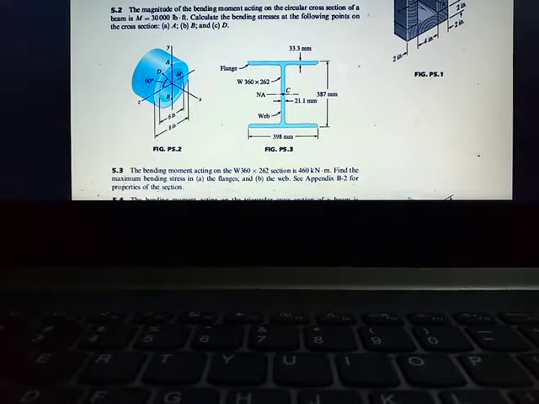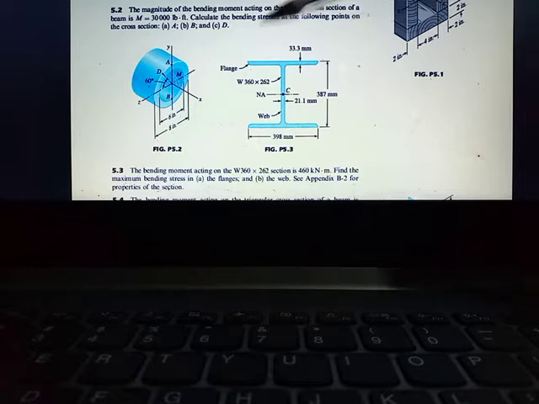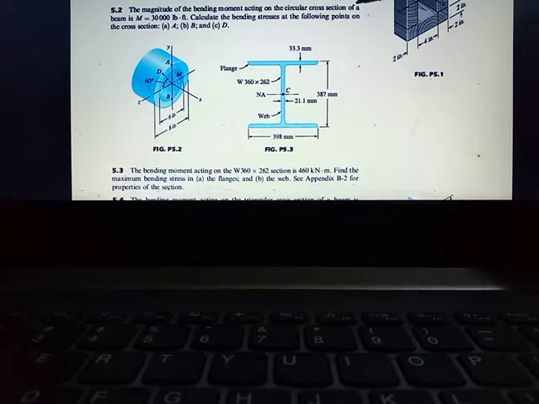Okay, so for our first example, we'll try solving this one. This example, 5.2, is from Andrew Pytel and Jaan Kiusalaas, second edition. The magnitude of the bending moment acting on a circular cross-section of a beam is